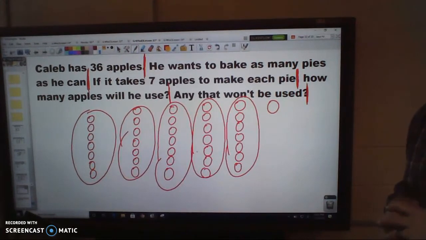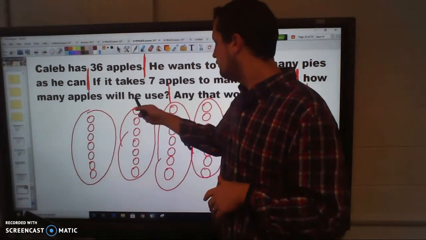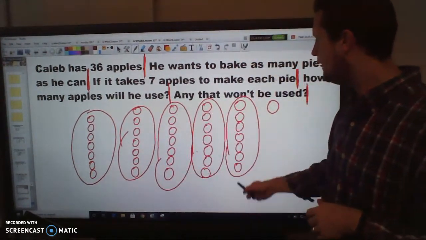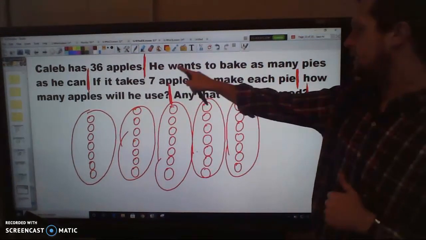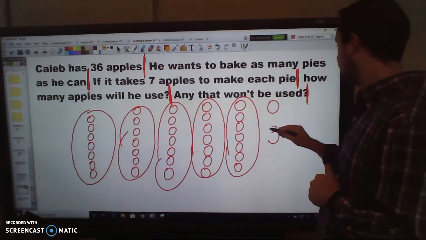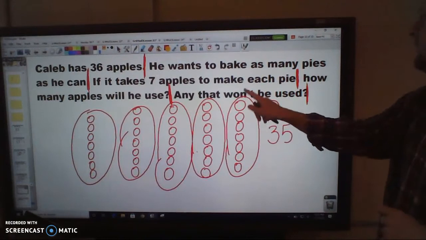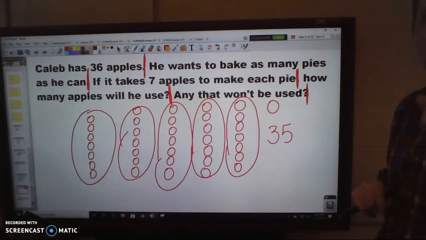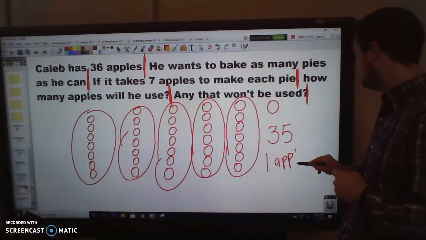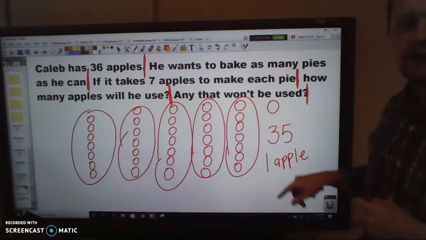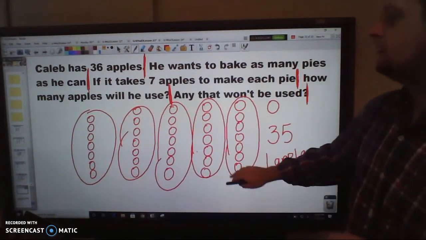So how many apples was he able to use? Well, that would be 7, 14, 21, 28, 35. So the answer to this question, how many apples will he use? The answer would be 35 apples. Any that he won't use? Yes. 1 apple won't be used because there's 1 left over. He had to use 35 apples to make the 5